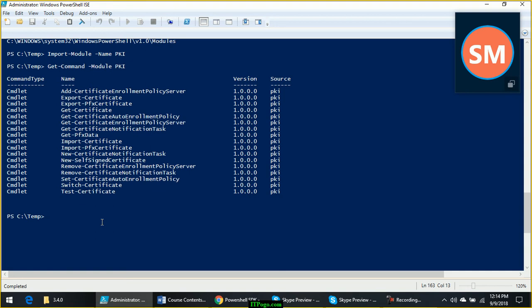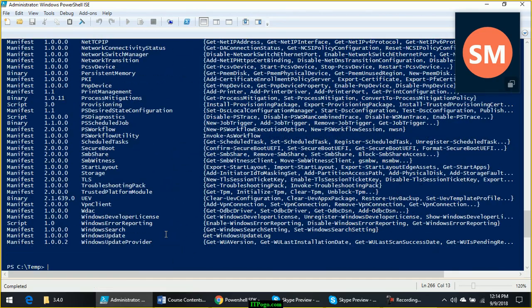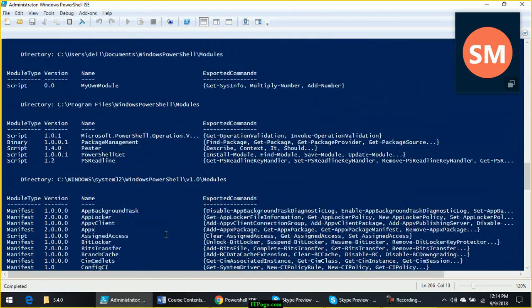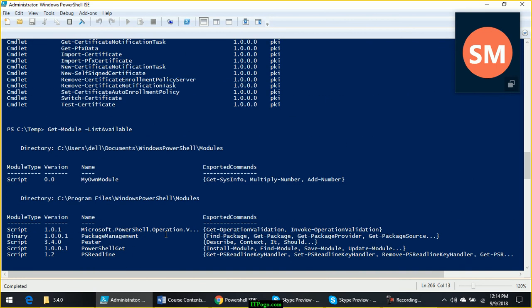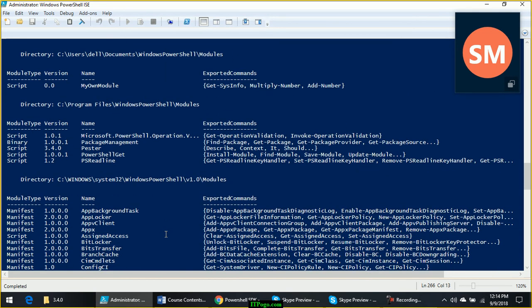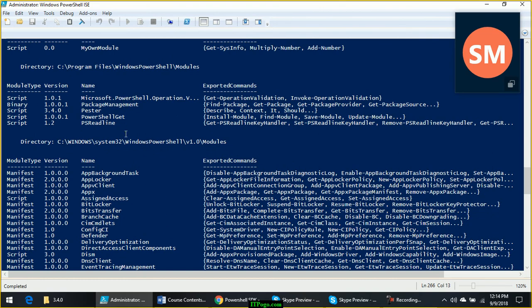See, when something is supported by PowerShell, when you install that piece of software and run Get-Module -ListAvailable, if that thing is available under the results, let me show you. Get-Module -ListAvailable. If it is shown here in the results, that means it is available for PowerShell also. Got it?